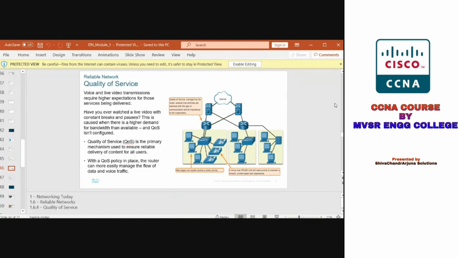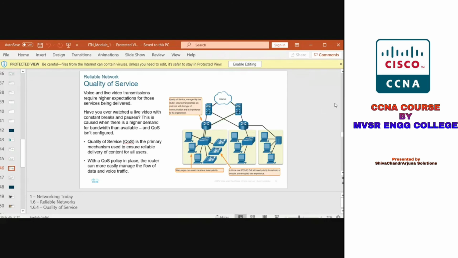Quality of service. Where can you use quality of service generally? For example, voice and video transmissions. If you are not providing quality of service, how many of you are using dish TVs, dish antennas? Yes. If one video comes first and next comes the voice, what will happen? There's some jitter you can see in the transmission here. So what is the jitter? Jitter is nothing but the flow of information.